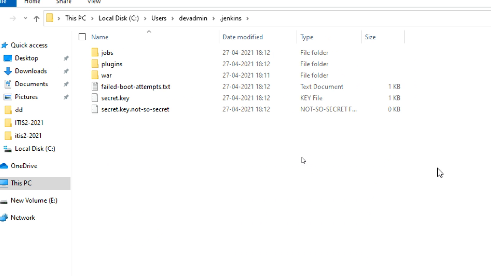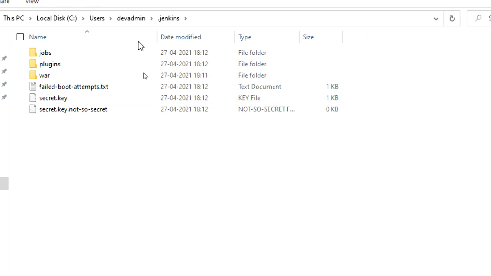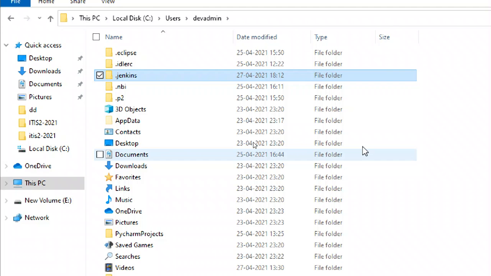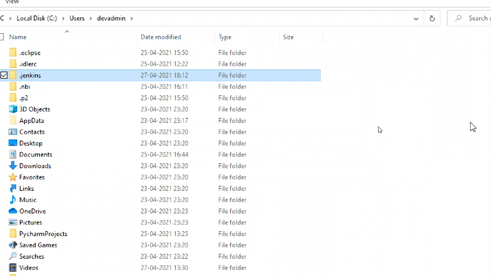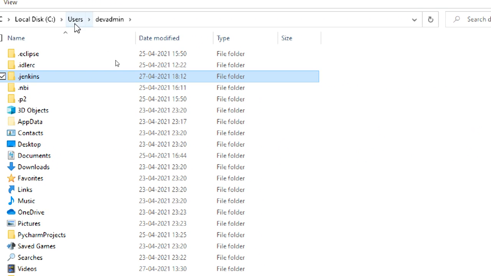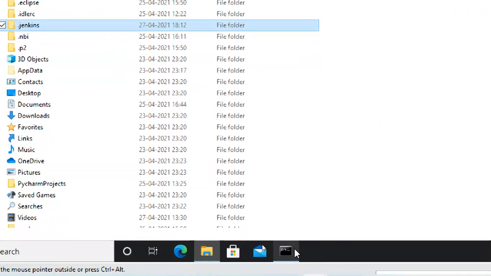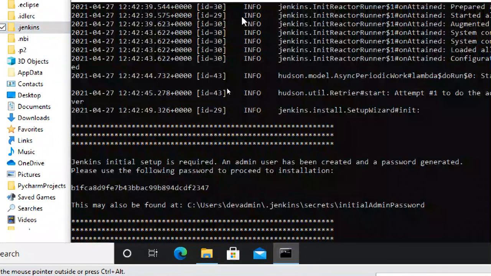While it is installing, see the file data is being created here. If you fail to install, or your Jenkins is not working, or plugins are not installing properly, or there is an error and you are stuck, no problem. Come to this location, users, your username, dot Jenkins, delete it, and you can install it later. Better to restart it.